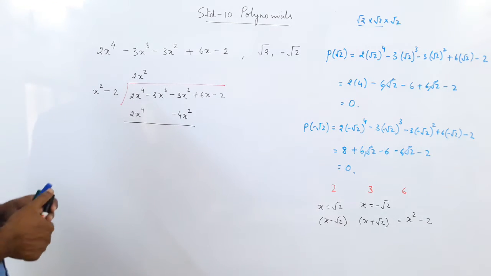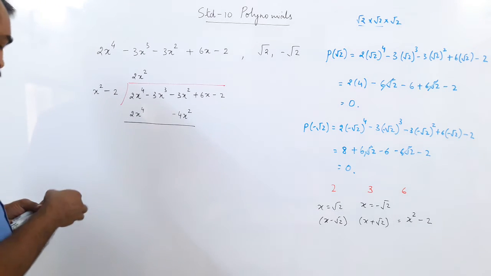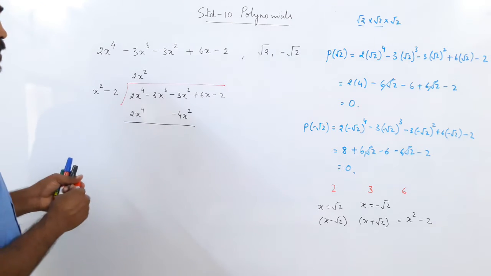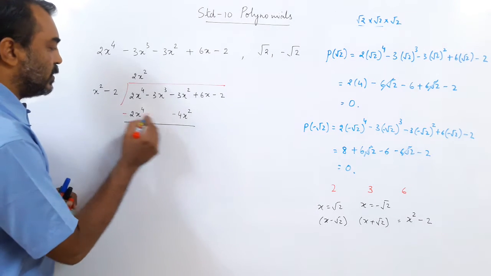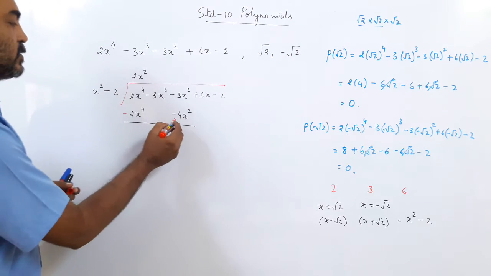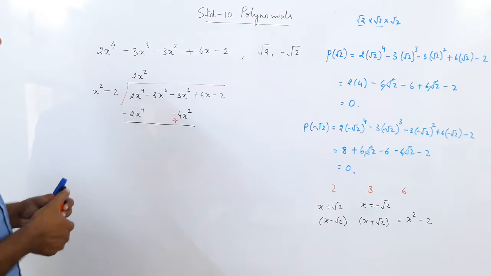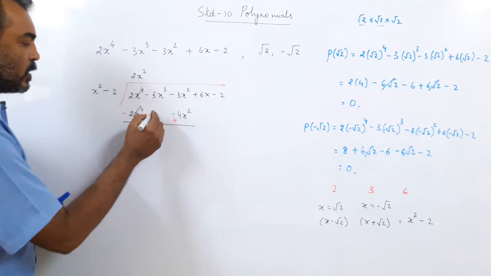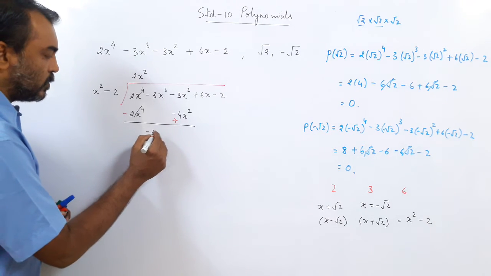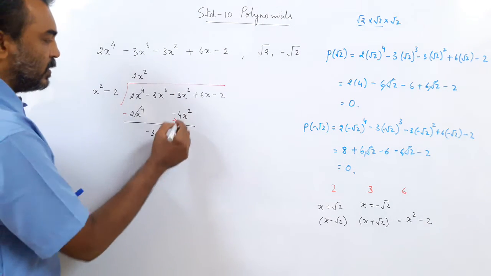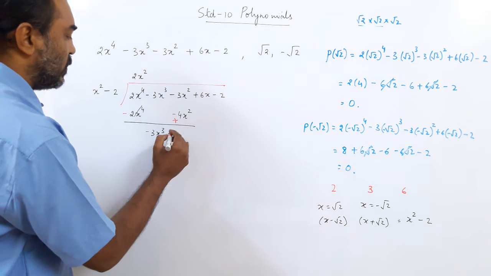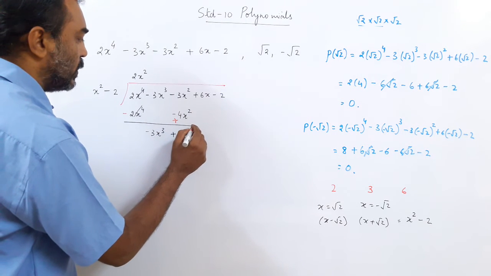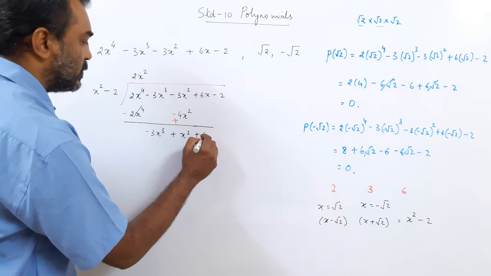Understand this. Can you see this? Because there was no x term here, we had to take a jump. So this becomes minus and this becomes plus. The signs will change. So what have we got now? This got cut down. You can put a 0 here, so this comes down. Minus 3x cube. If you minus here, then minus 3 plus 4 gives me plus x square. I'll bring this down plus 6x.